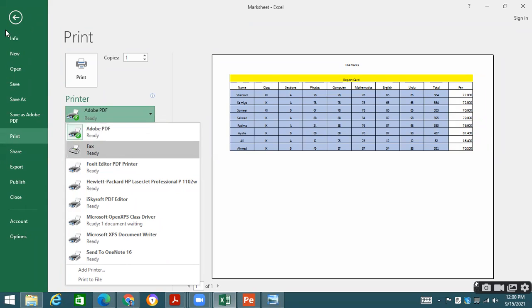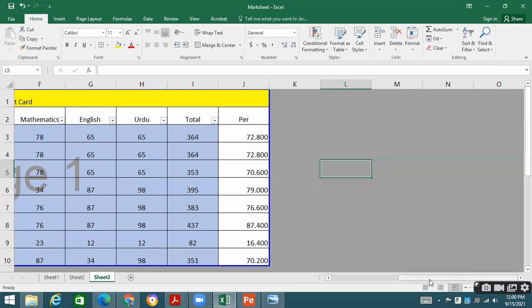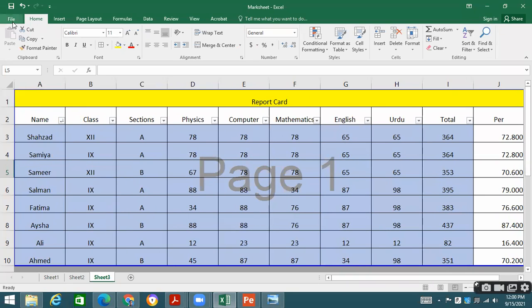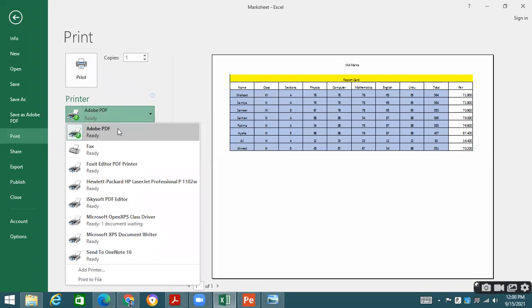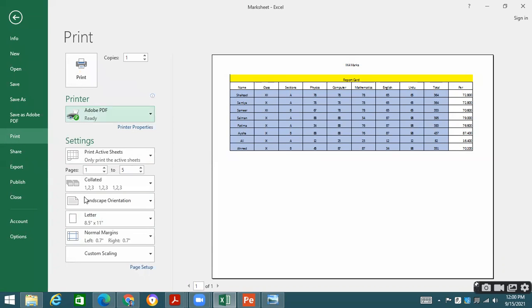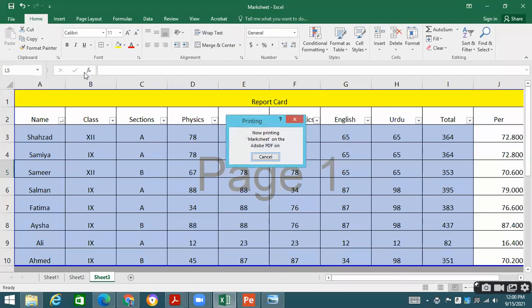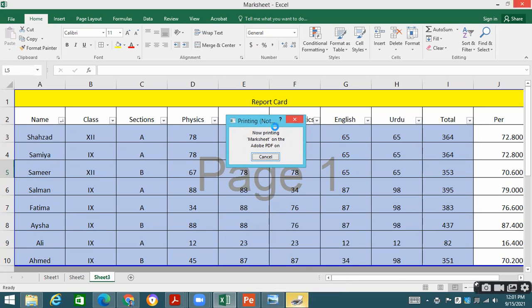If you want to convert this file into PDF format, what will you do? You will go to file and print. Then over there in print, we have this option Adobe PDF. When we click OK, it is going to give us one file using Adobe, and it is going to create the PDF file for this complete textual data, whatever we have created.